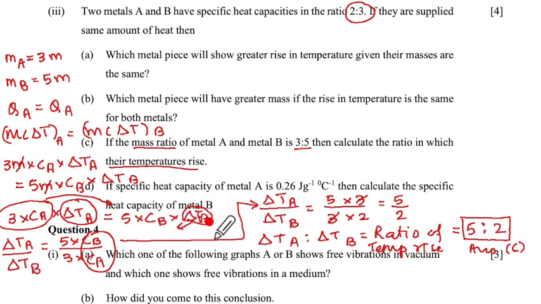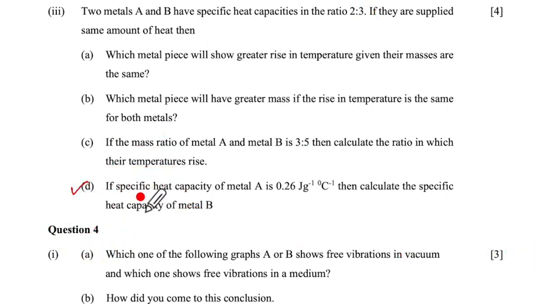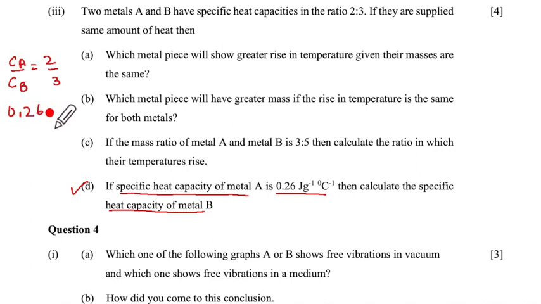Okay, now we have finished up to here. Let us look at D part. If the specific heat capacity of the metal A is this, then calculate the specific heat capacity of metal B. Now we know that Ca upon Cb is equal to 2 upon 3, and they are telling us that Ca is 0.26 joule per gram per degree C upon Cb. That will be 2 upon 3. So your Cb will be equal to, Cb comes here and 2 upon 3 comes this side. So it will be